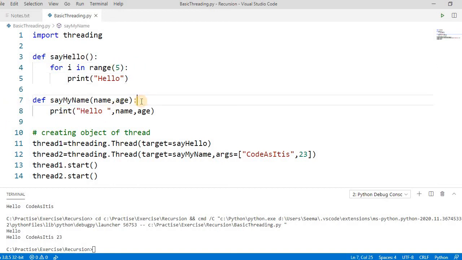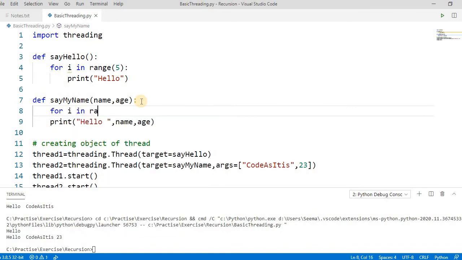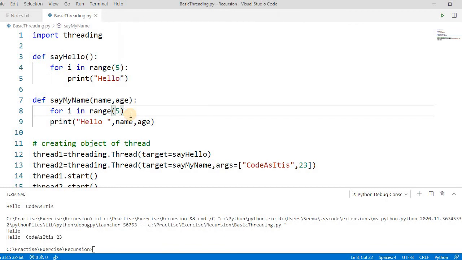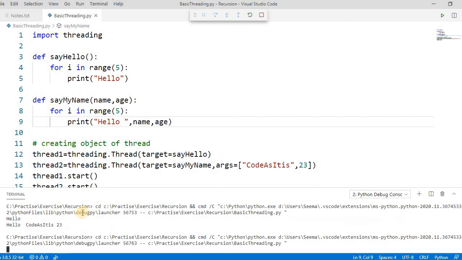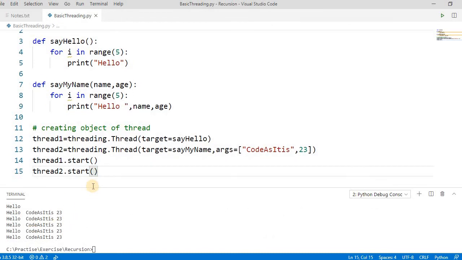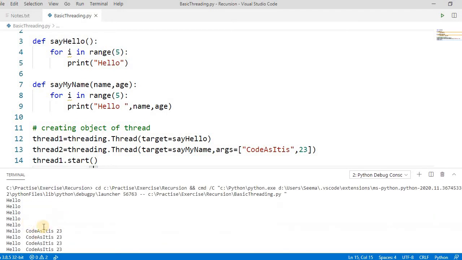The same for this also, let's run this 5 times. Let's run this. See here, now it's printing correctly. Hello, and then hello.